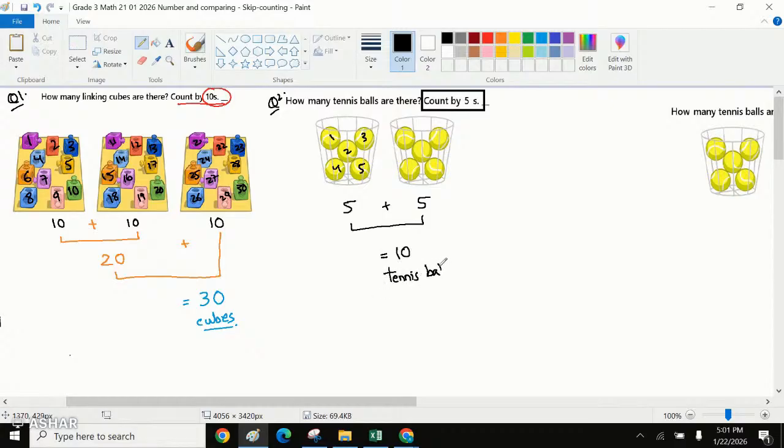Agreed? So what we are not doing is this: 5, 6, 7, 8, 9, 10. We are not counting this. We are directly